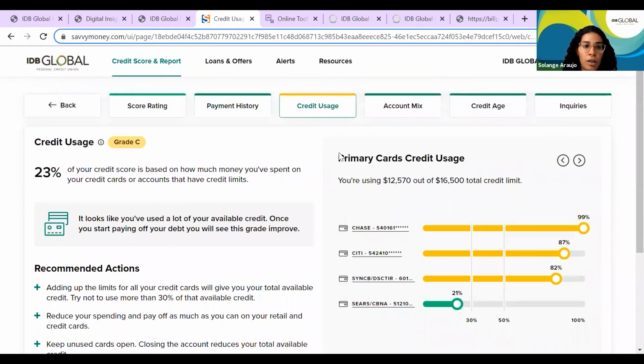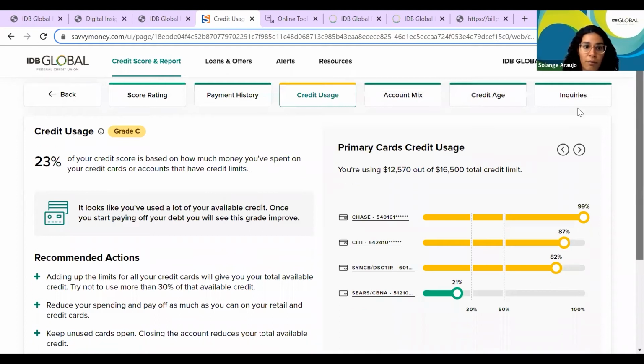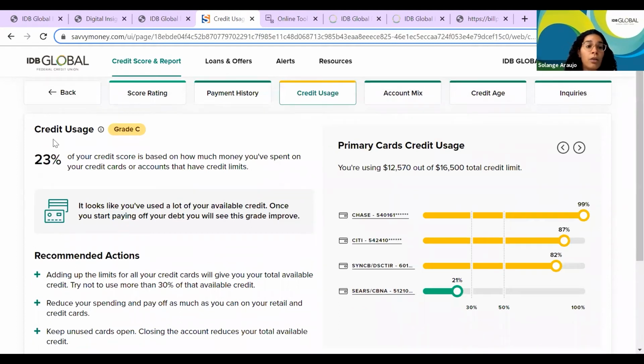Now, for credit usage, our demo account is not doing very well. It has a grade C, and credit usage accounts for 23% of your credit score. So it has a big impact. And we can see here that the reason why it has a grade C is because it's going way too close to its limits. So the total credit limit for this account is $16,500, and we're using really close to